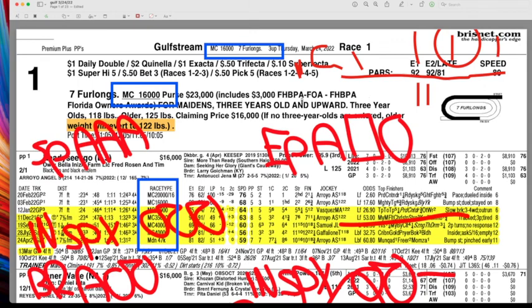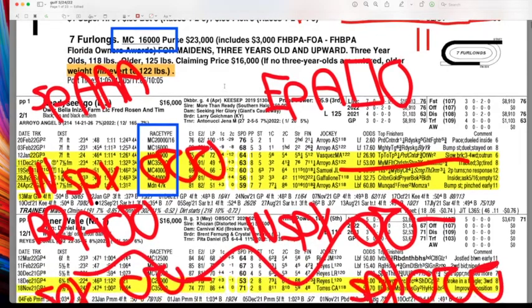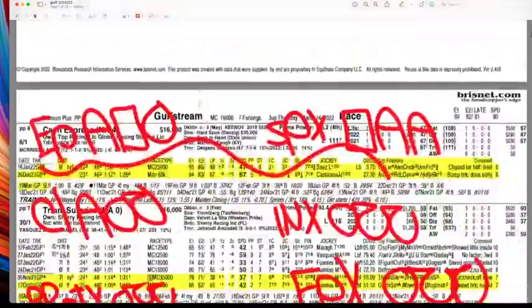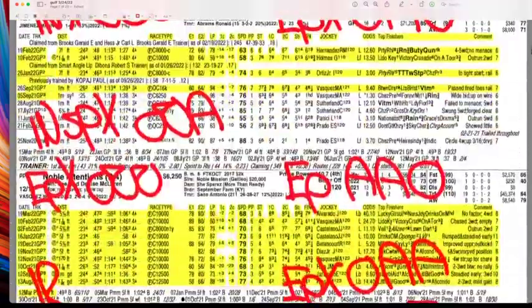The only wrinkle that I have added to my handicapping about class, let's just do it this way. I've been seeing a lot of guys talking about class ratings and all this bullshit. Look, all you need to do is know how to read a racing form. You don't need class ratings and all of this bullshit. All you need to do is save your racing forms. Everyone's playing at home now on the computer. Keep them in your thing. You can quickly look up a race, and what I like to do